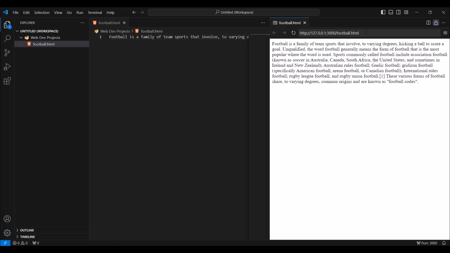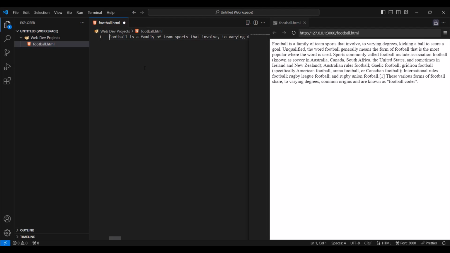And as you can see here by the address, this is not coming from a server, or something that can be found on the internet. This is something that we can only see locally on our machine, on our computer. Now, to make this bold, we need to use the opening and closing tags, and we need to use the element bold.